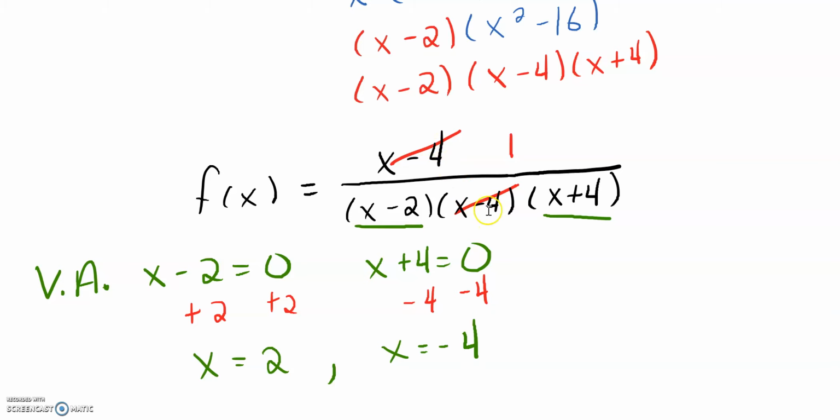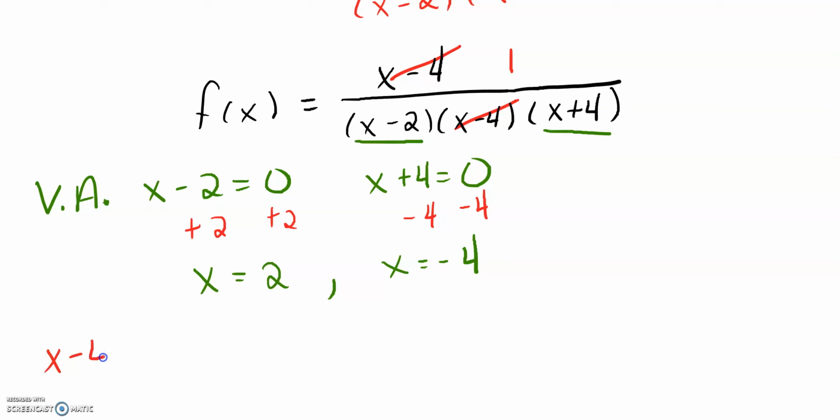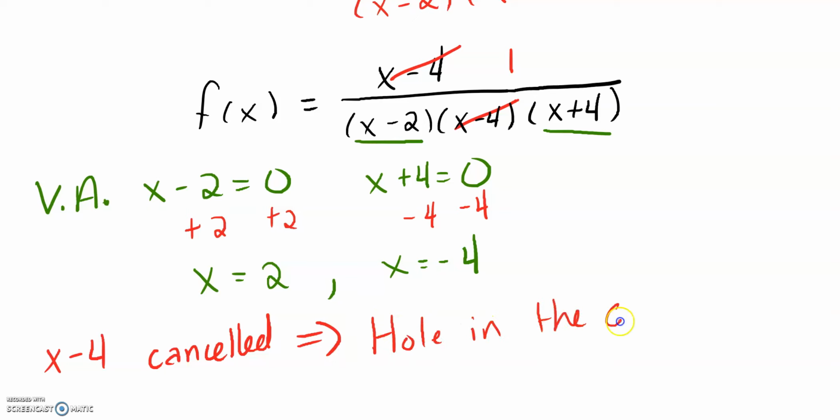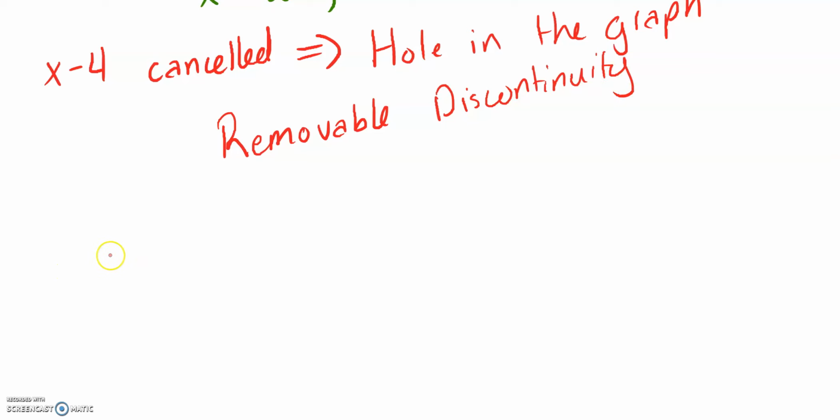This isn't going to give you a vertical asymptote, but it does give you something interesting. That x minus 4 that we canceled out, so the x minus 4 that was canceled, actually is a hole in the graph. It's a form of discontinuity which we like to call removable discontinuity. The reason it's removable is because we canceled something out and that's where it disappears. So it's removable, but it's still a hole in the graph,